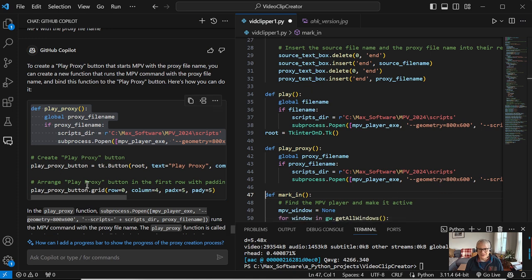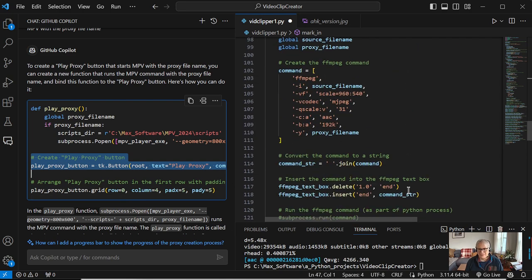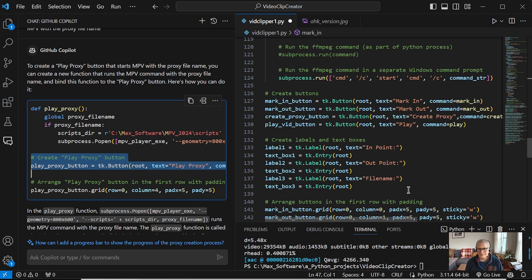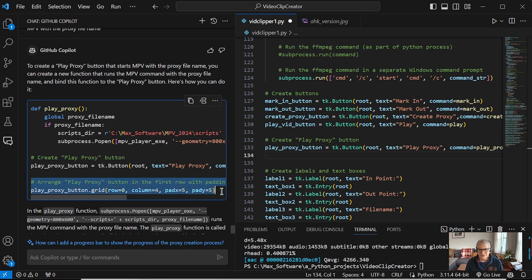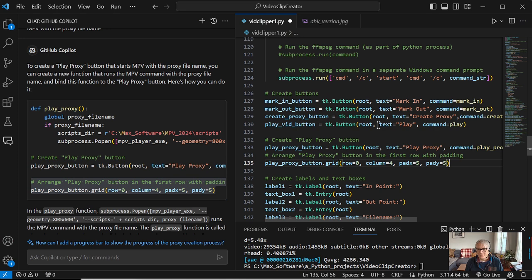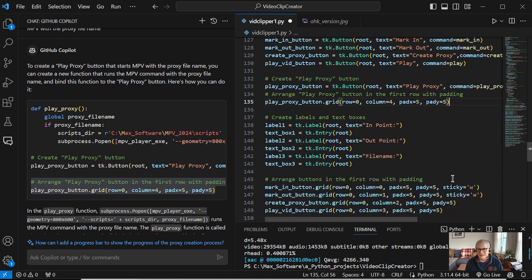It's a proxy play. Create the proxy play button. And so it doesn't know what rows are on anymore. So, create proxy play button. Mark in play vid. Proxy play button. And then arrange the proxy play button. And that's going to be in